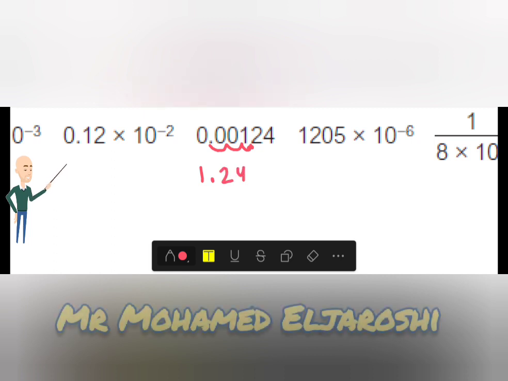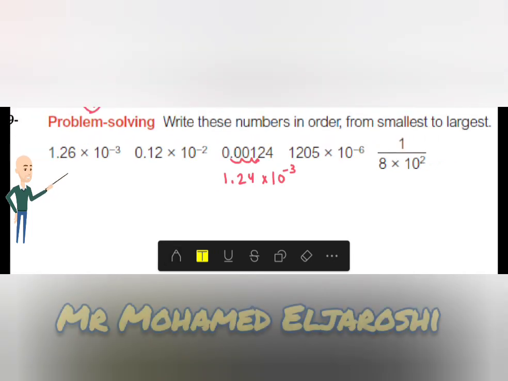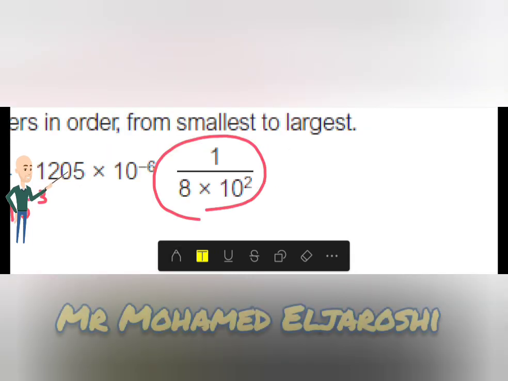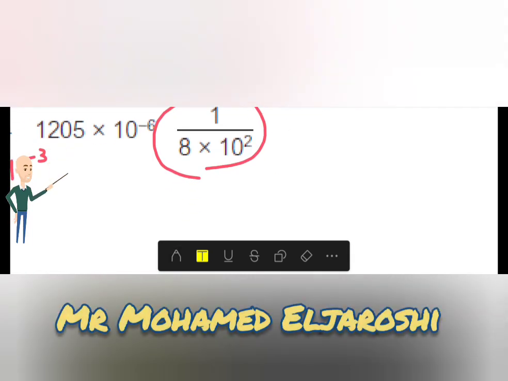1.24 multiplied by 10. So we moved it 3 times to the negative side, so negative 3. So we have a number with a power now. Same idea with this one. We need a number with a power. So I used the calculator. I divided it. The answer it gave me is